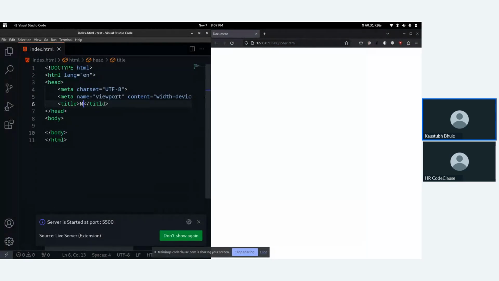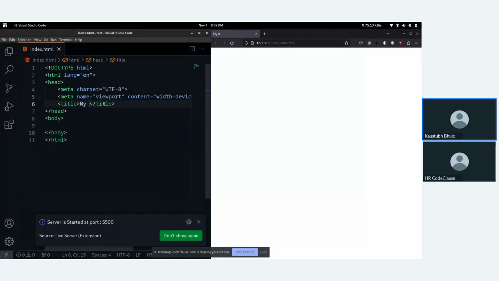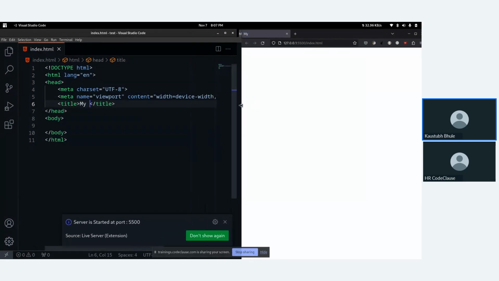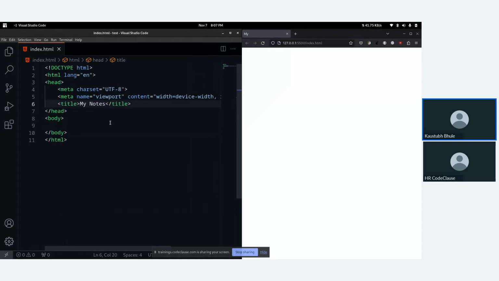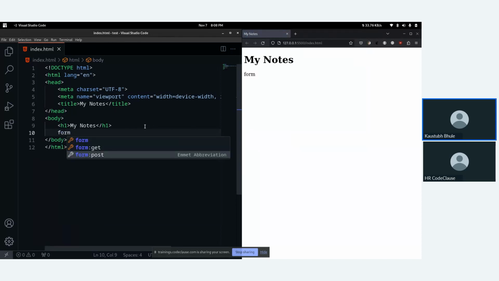After creating the UI, I will just paste this HTML and CSS code in our main project. So let's do my notes. Then we need one input box or text area for adding notes. So let's create a basic form.